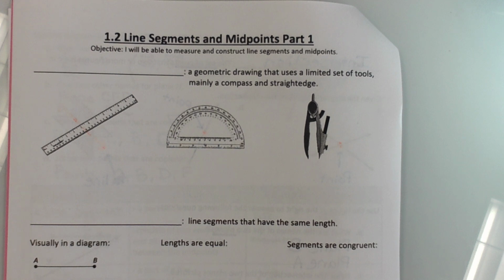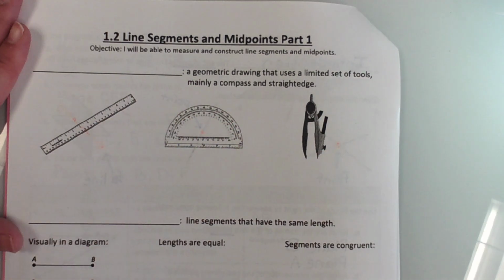Section 1.2, which we're going to be covering over a few days, is focusing in on line segments and midpoints. And it's got an additional definition up here. When geometry was originally created, there weren't the same tools that we have today. There wasn't a universal measurement system. There wasn't really a whole lot other than